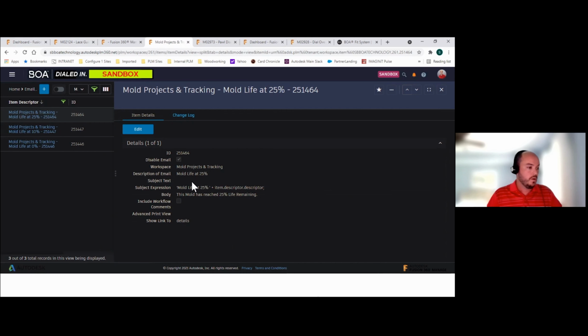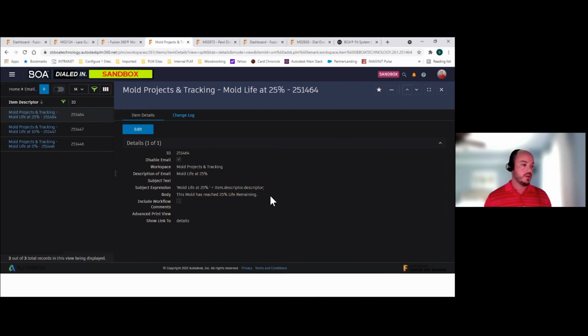And so within this template, we're holding information in here such as what ID this is, what record ID it is, as well as the workspace that this applies to, and a description. But more importantly, down here in the subject text or the subject expression field, this is where we indicate what we want our subject of our email to be. The subject expression field allows us to put some of the JavaScripting syntax, like you see here, item.descriptor, which pulls in the particular record's descriptor and sticks it into the expression of the email. So that shows up as our subject for our email that's being sent.